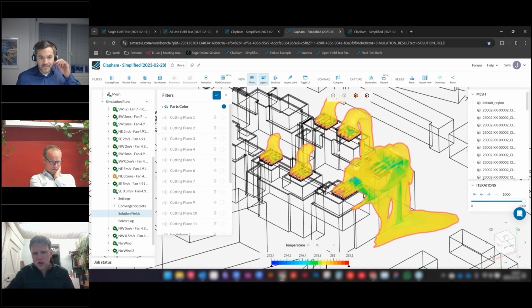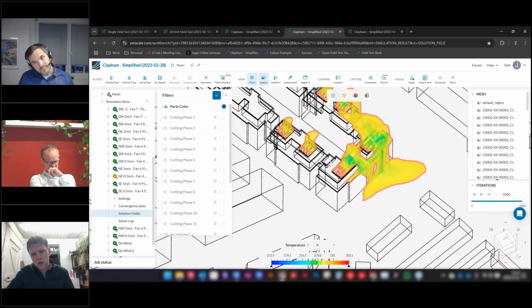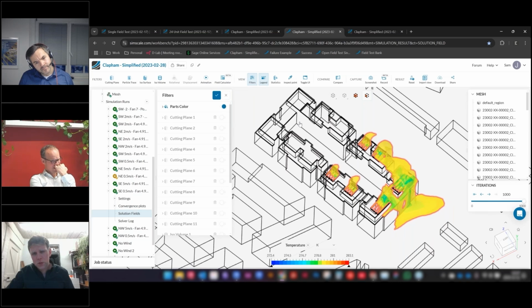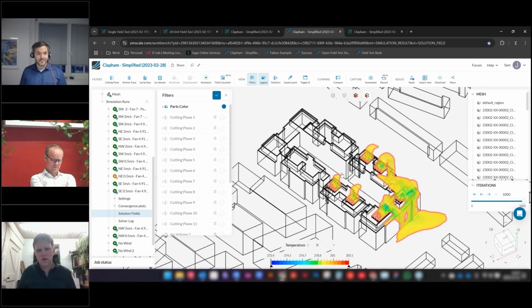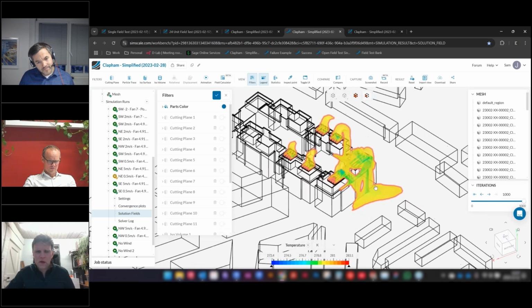So this is something which we see a lot of. We're also experiencing, it's not shown in this model, but as Joel was mentioning, a phenomenon, particularly in this model, where we were seeing a large dump of cold air falling into this well. Now, as you can imagine, there's no wind blowing over the top of that well, encouraging the mixing of that air. So our goal there is to try and mitigate that risk entirely at an early stage, so we completely avoided it. So this is a great example of something failing.